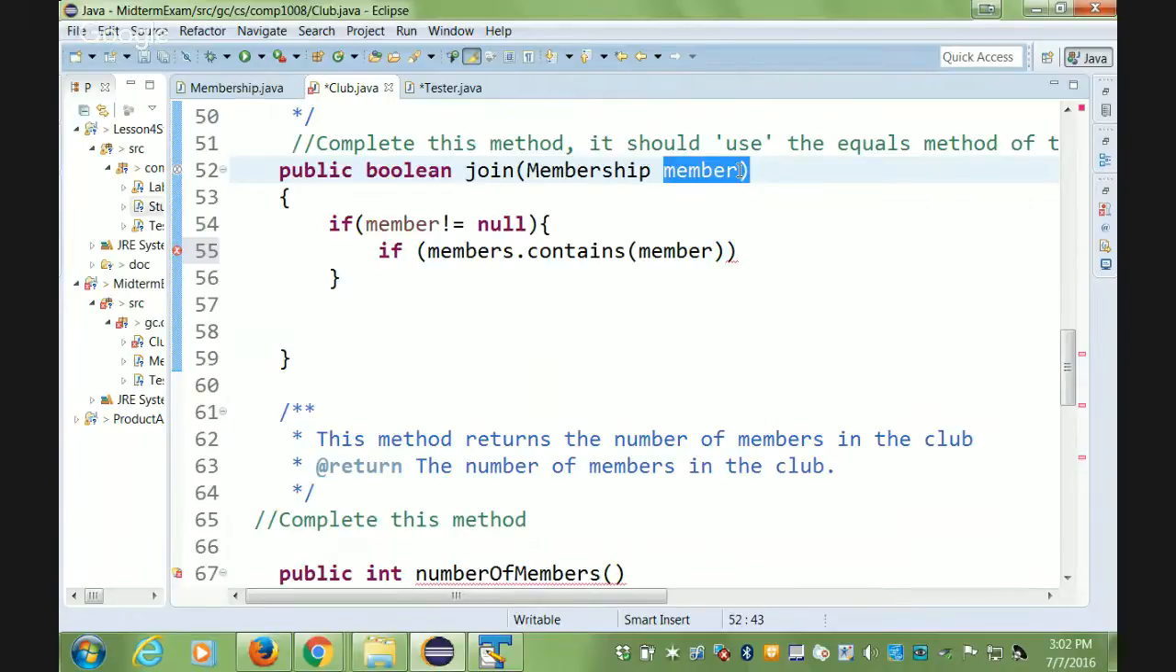So I have an ID 1. I go to the first member of my club and ask Andrew, is your ID 1? No. Then I go to the next, and I keep asking. If I find a member whose member ID is 1, this member cannot join the club. And contains does exactly this. It's an internal loop. It goes through every element of the array list